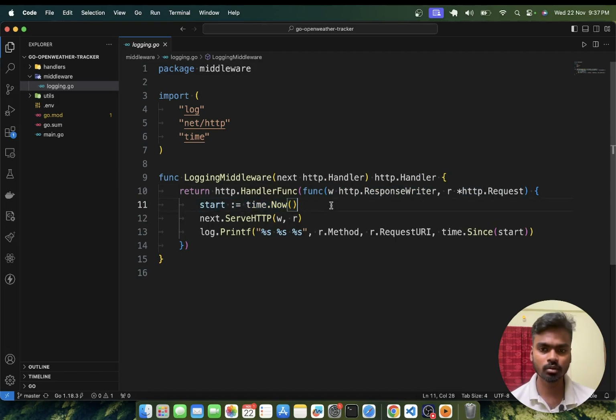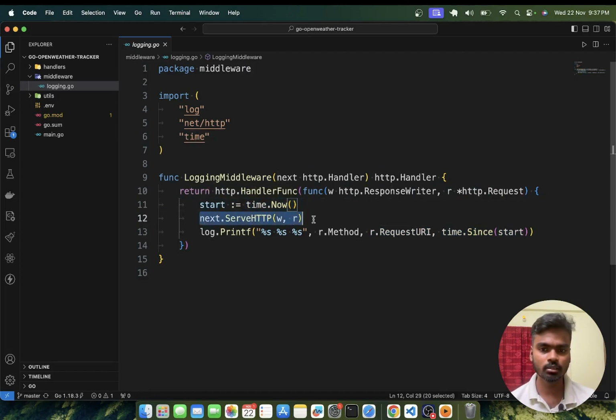It will record the start time for this function, then call the handler, and then print what type of method it is, whether get, put, or post, from the request pointer variable. We are also going to print the URI, and the time since the start of this function.